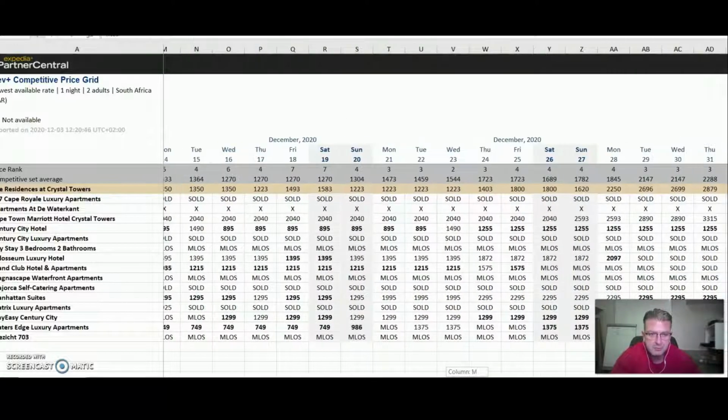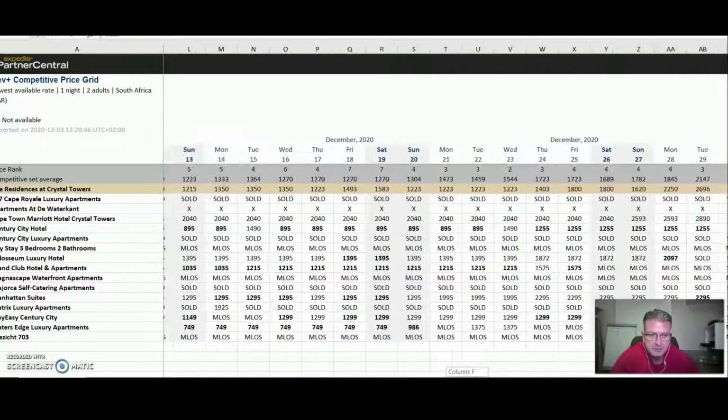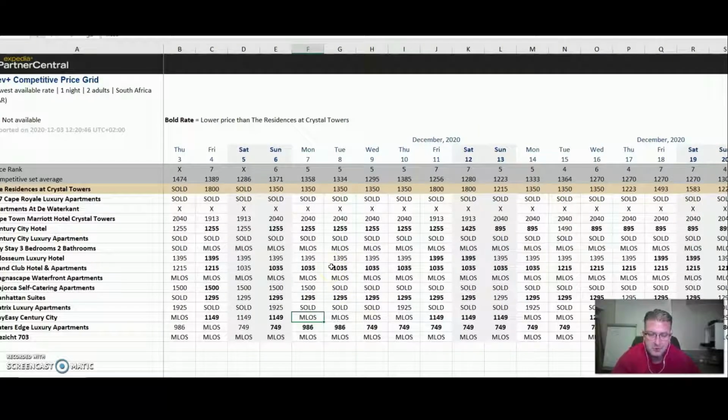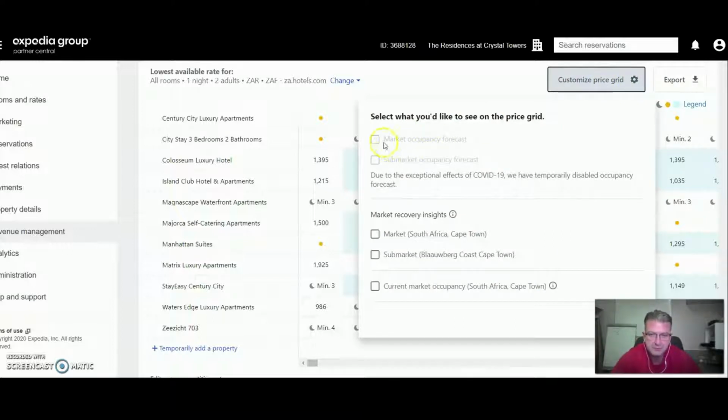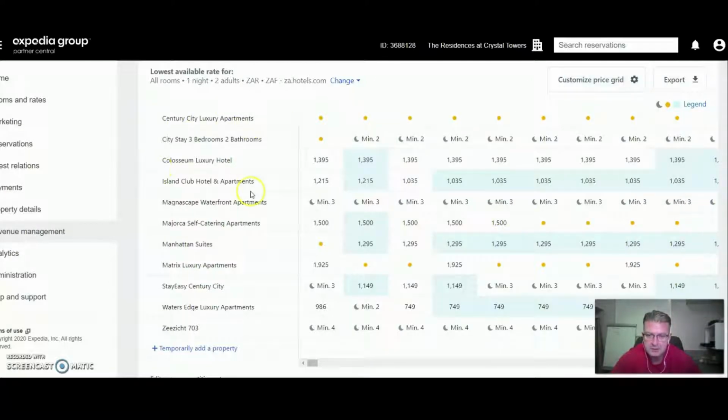You can go pretty far in advance, but as I said, if you do just one property, I think this will be right for you. So if you want to change your competitive set, it's quite simple. You can customize the grid, but there's not many options that you have. Like this, you can't see. You can see the market, sub-market, but that's about it. You can temporarily add a property,